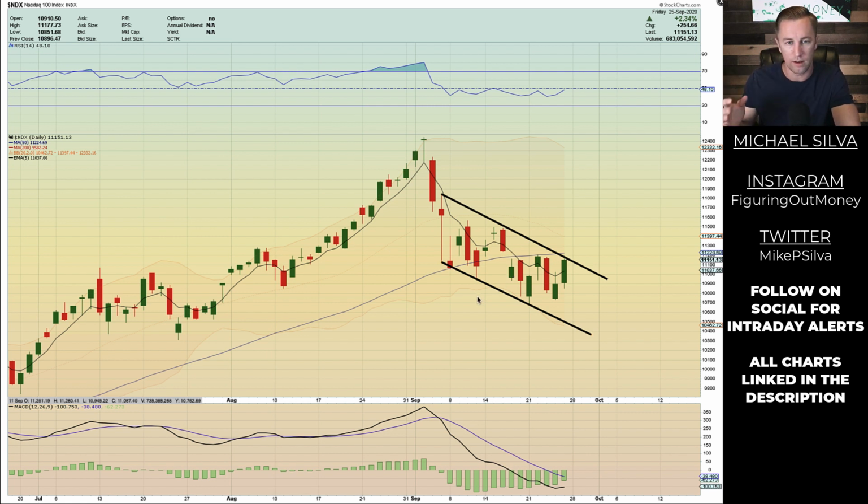I saw the falling wedge. It looked like we gapped out of that rising wedge. It was looking really good, and then we just started dropping like a rock to the lower portion. And it's just been this massive chop fest. And if you look at this channel, it's a chop fest. Boink, boink, boink. Why can't that continue? I don't see why it wouldn't continue. So that's one thing there.